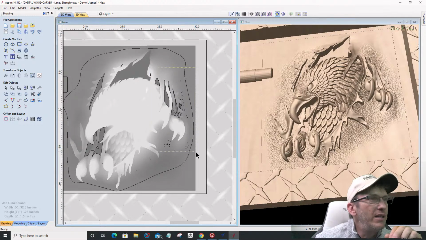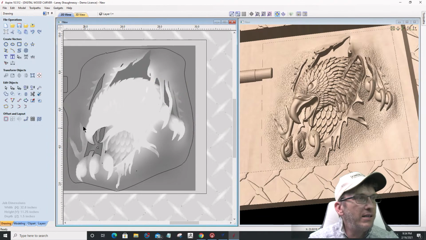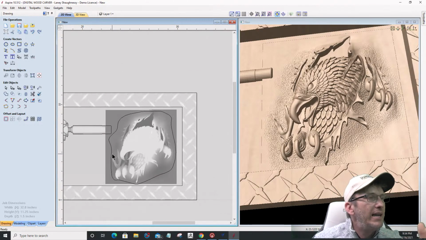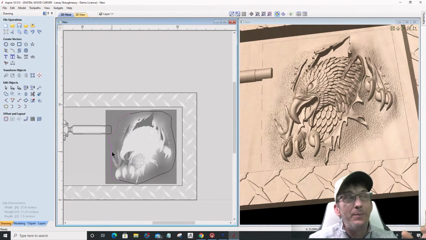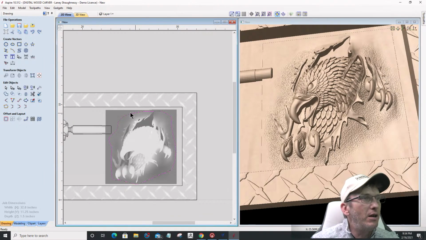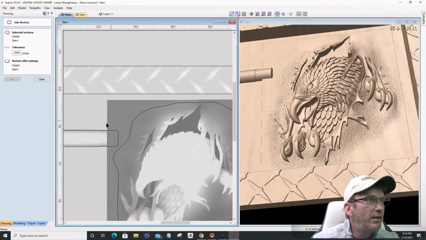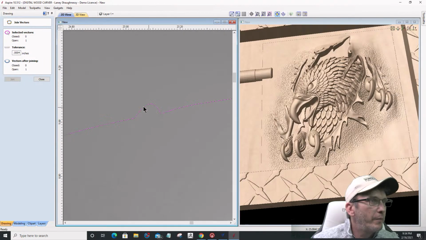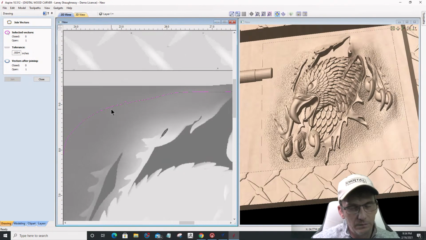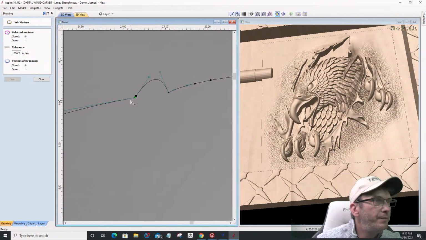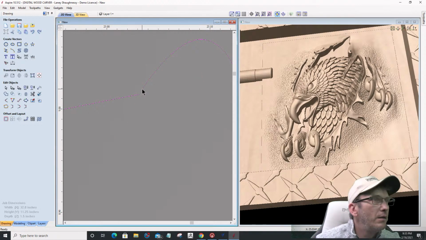I can get rid of these vectors in here. I don't need any of those that are on the inside. I don't want to get rid of any of those models. So I can just delete everything inside that boundary. And now I'm going to select this boundary. This would be my clipping boundary if I was in VCarve Pro or a desktop. This would be my clipping boundary. But in this case, let me join this together as a... Let me find my... It's open somewhere. Right here. Okay,